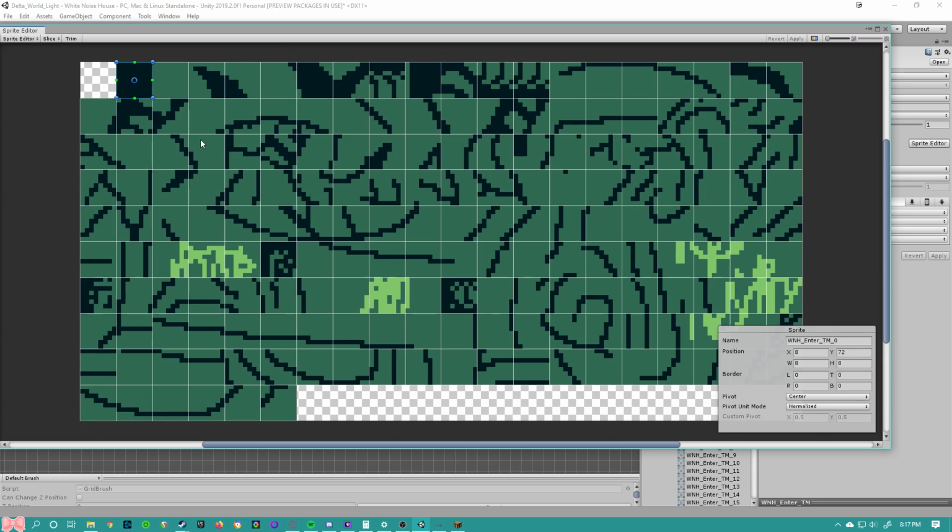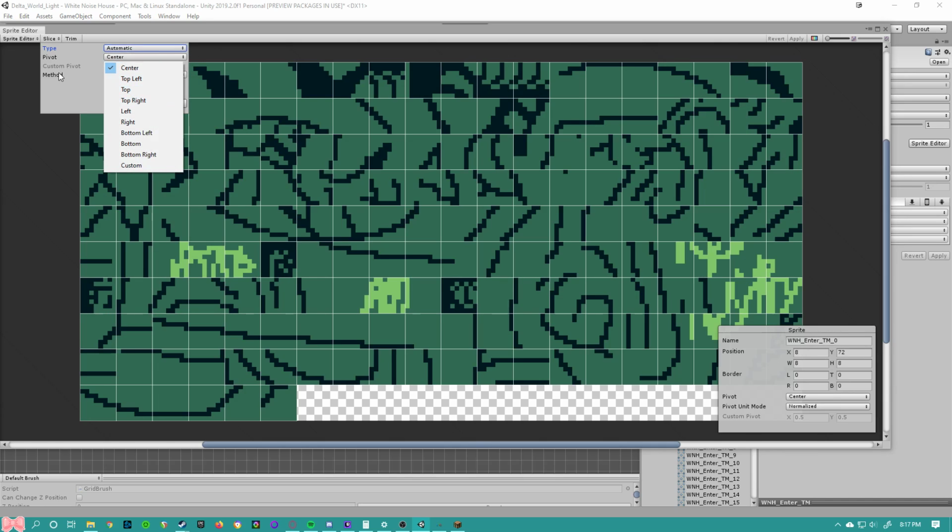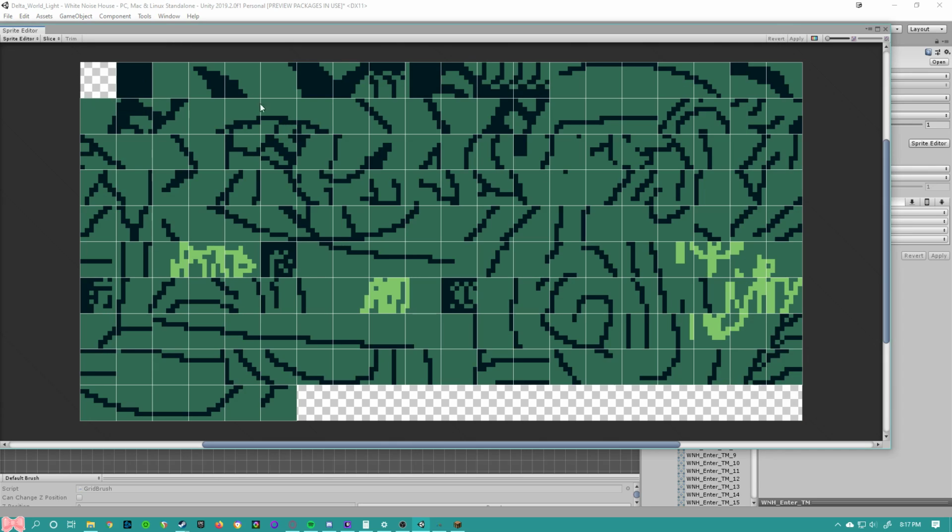You want to click Sprite Editor, and set each box to have its own segment. To do that, you want to slice it, and I just use automatic. You can do manual by selecting how big each cell should be or how many there should be in total, and you can change the size by doing that. And then there's the pivot, which you don't really need to worry about. I usually just keep it the way it is, click slice,